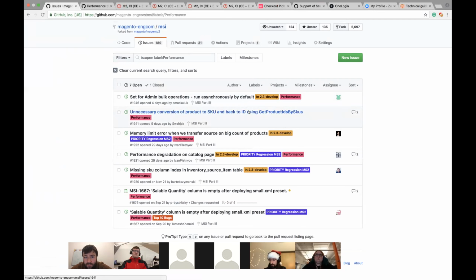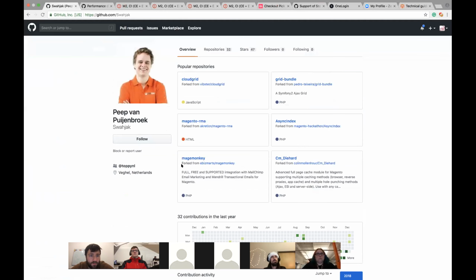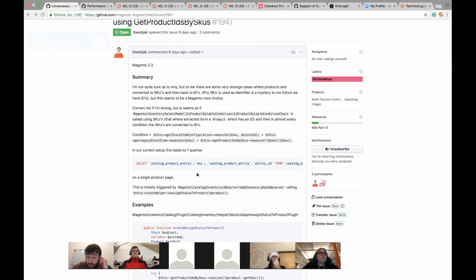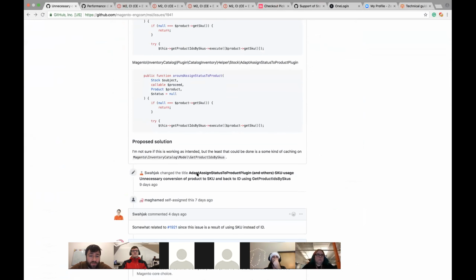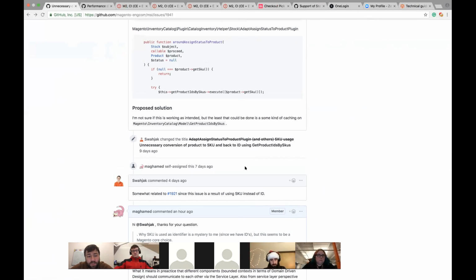One of the ideas was introduced in a ticket created recently by, I'm not sure that I'm really good at reading Dutch names, a guy from the community who mentioned that we can introduce a caching layer for our SKU and product ID resolving mechanism, and that we have quite a lot of these ID to SKU calls, and potentially a caching layer on this side can also introduce performance improvement. So we will continue investigating this